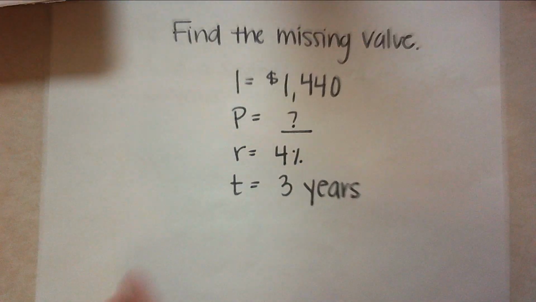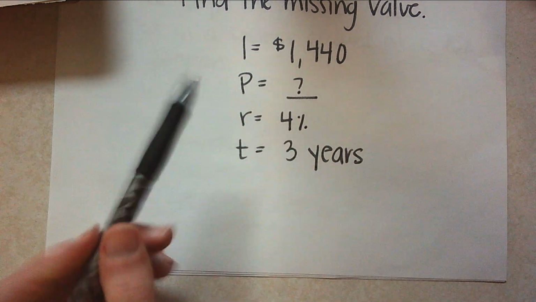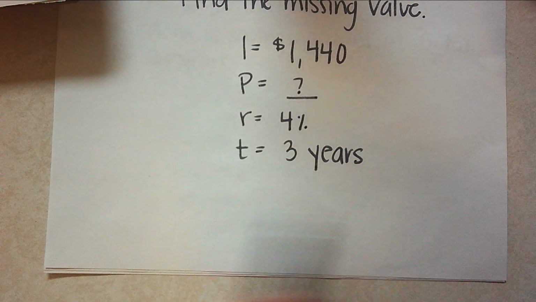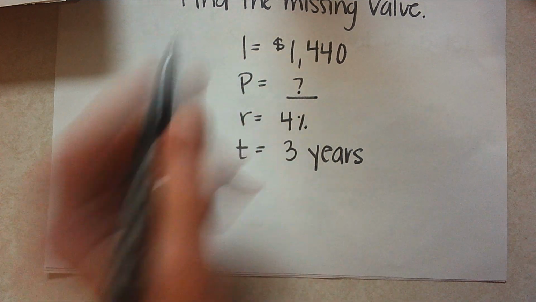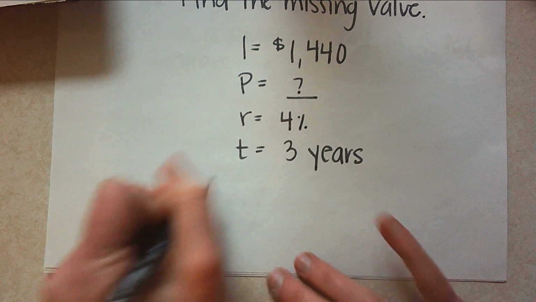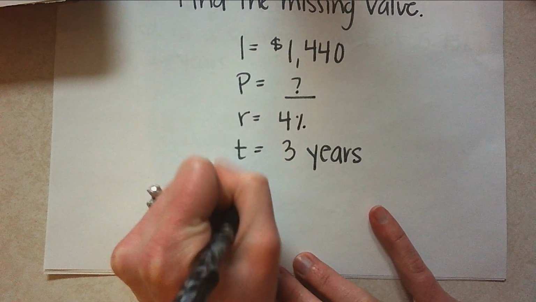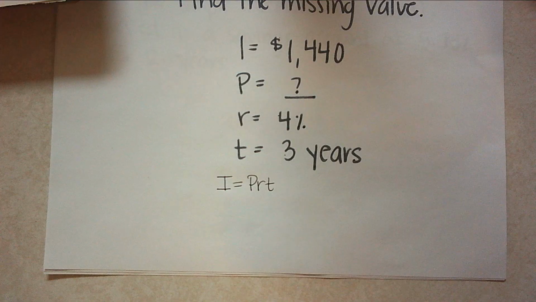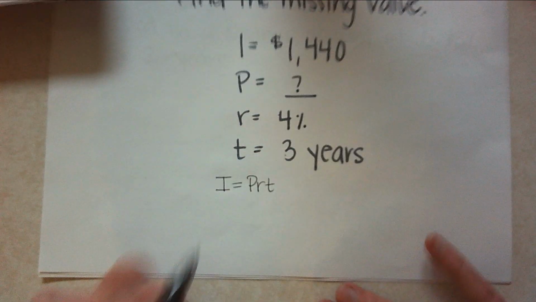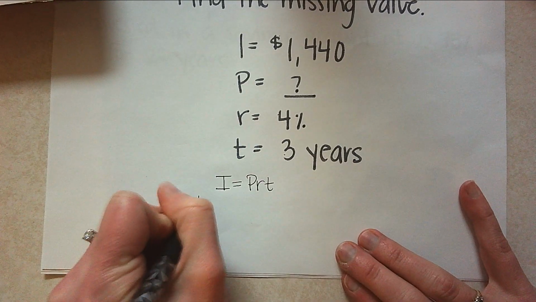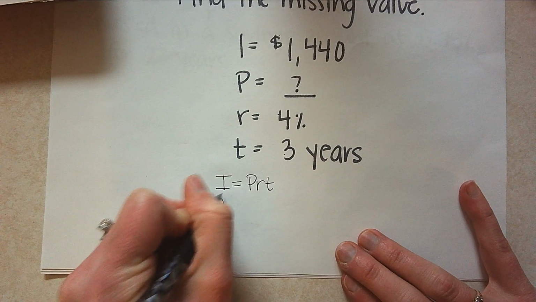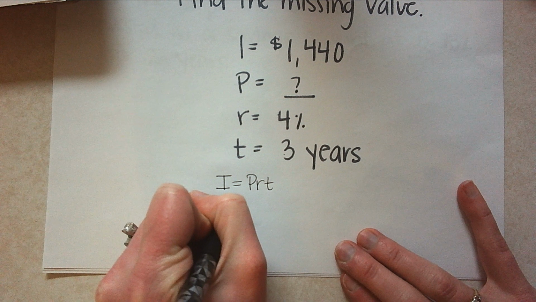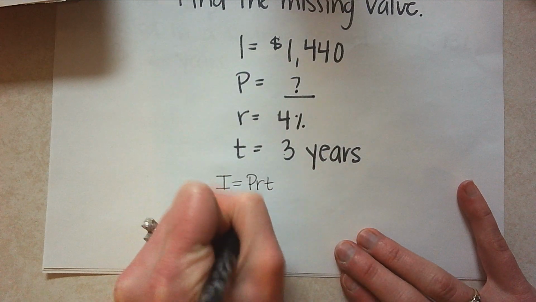So now I have another example where our missing value is going to be within the equation. So again, our equation is I equals PRT. And I'm going to be giving you 3 values and asking you always to find one. So in this case, my interest, my I is 1,440. That's what I plug in for I,